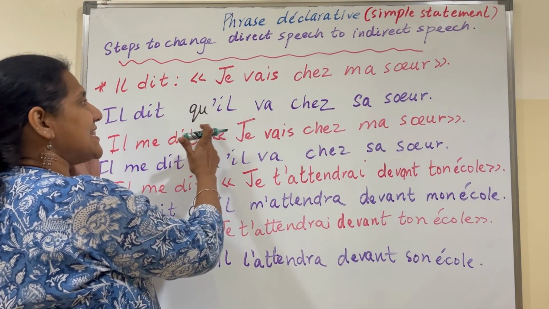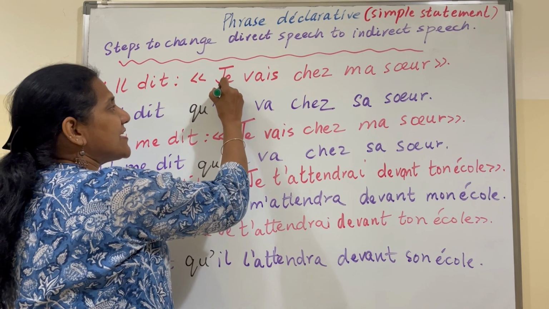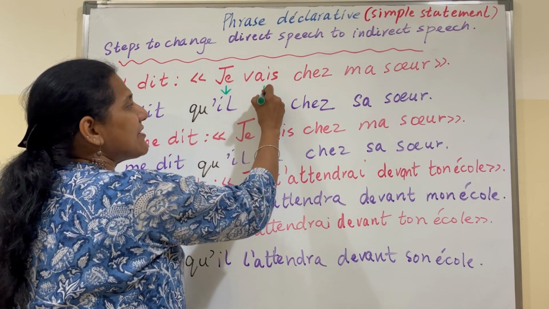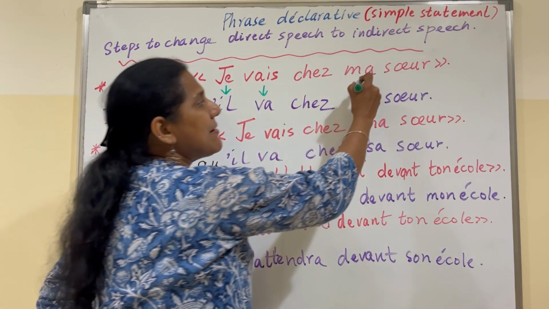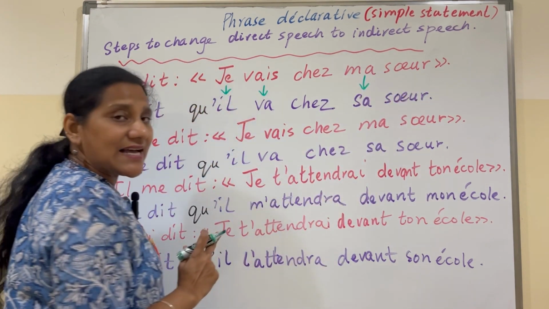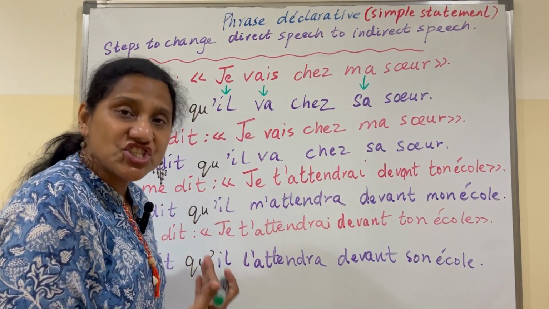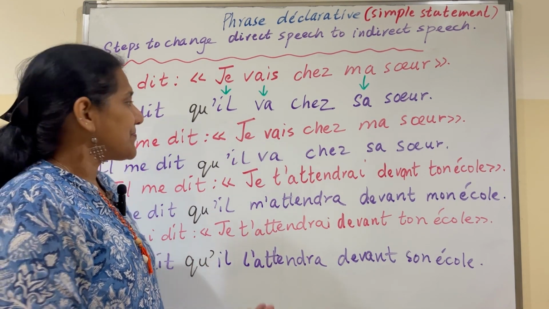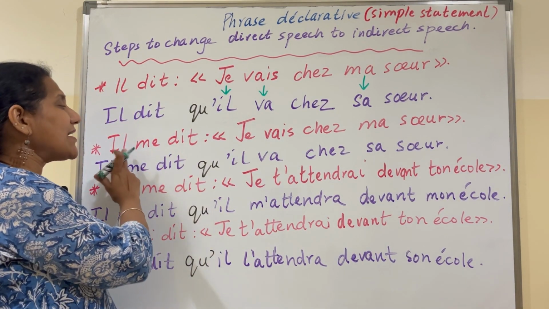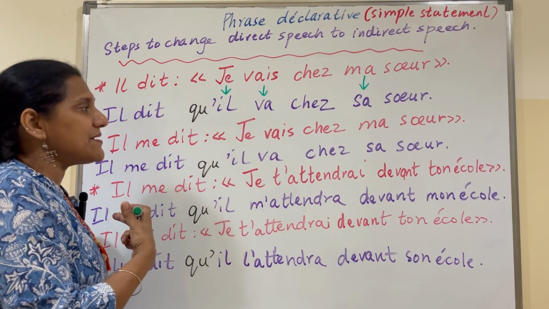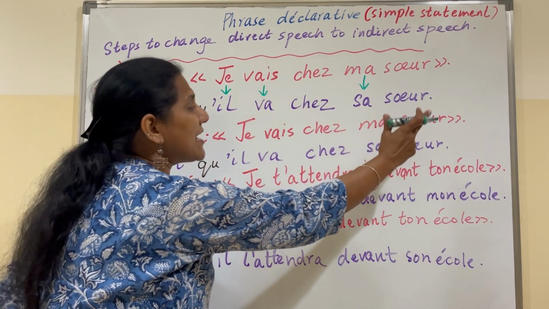So, il dit, so my je changes to il, the corresponding verb will be va, chez, ma sœur will change to sa sœur. So, the answer would be, il dit qu'il va chez sa sœur. Let's take another example, the same one, il me dit, he tells me, « je vais chez ma sœur. »